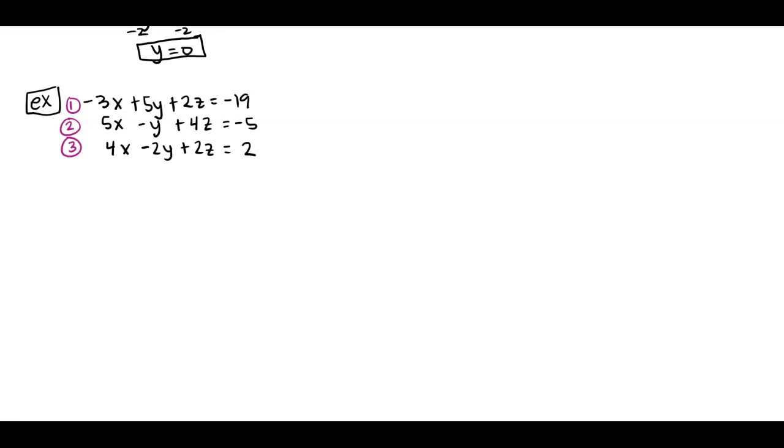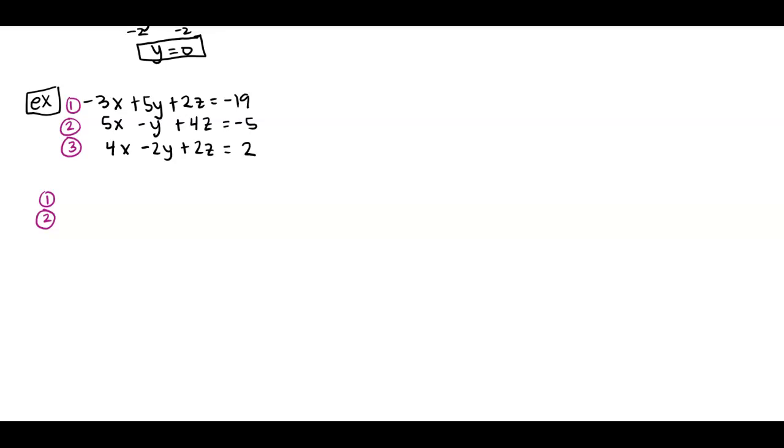if I look at this and I'm trying to solve this, it looks like to me that I might want to get rid of the z's first. Those look probably the easiest to get rid of, but we could get rid of the y's also. Those look not too bad either. So you just have to decide how you want to do this. But let's take equation 1 and equation 2, and I'm going to multiply my equation 1 by a negative